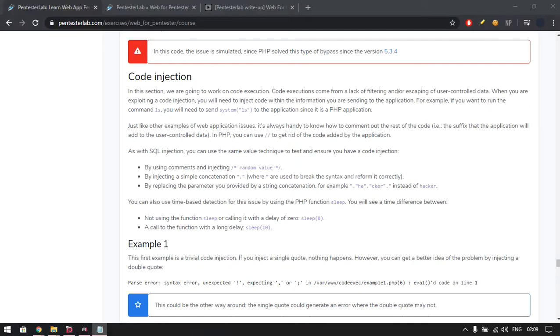In this section, we're going to work on code execution. Code executions come from a lack of filtering and/or escaping of user-controlled data. When you are exploiting a code injection, you will need to inject code within the information you are sending to the application. For example, if you want to run the command ls, you will need to send system ls to the application